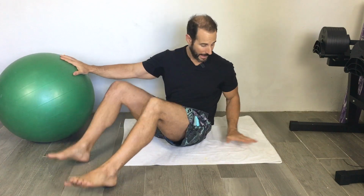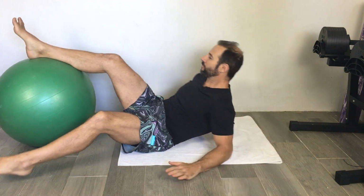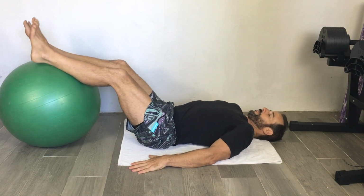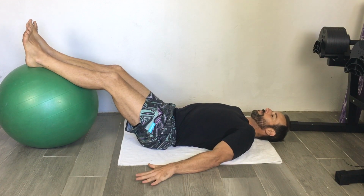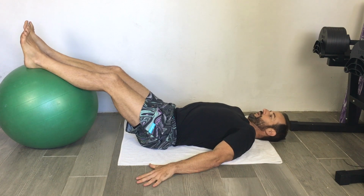The only thing that you're going to need for this is an exercise ball or a sturdy chair or couch that you can place your feet up on top of. Once you've got that and a comfortable surface to lie on, just go flat on your back and place your feet up on top of whatever you're using. From there, your arms are going to come out about 45 degrees off the sides of your body. Palms are down so that you can press into the floor,